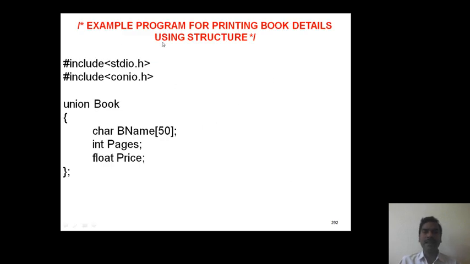Now finally, one example program. Here we are creating a union book database. So union book, open brace, and we place members as char bname 50, int pages, float price, and the closing curly brace ends with a semicolon.